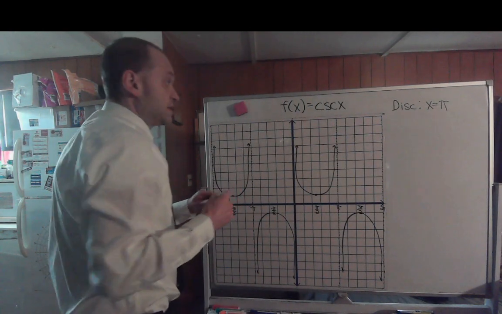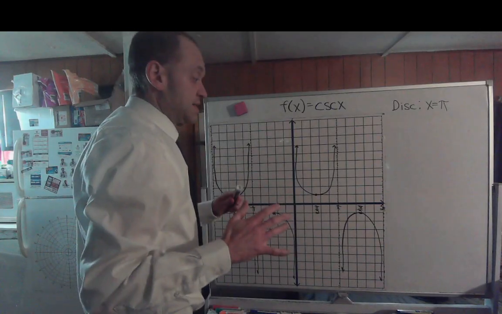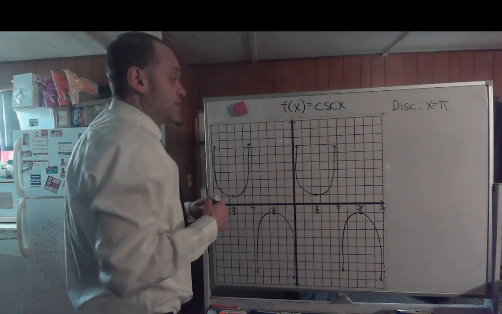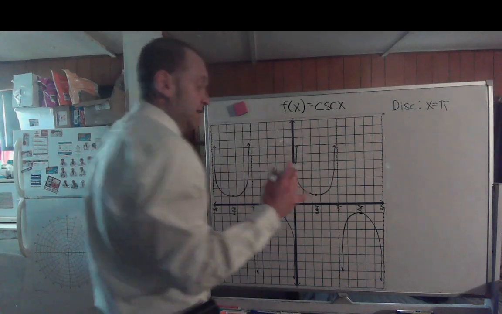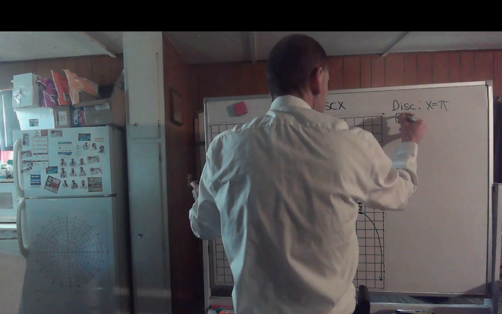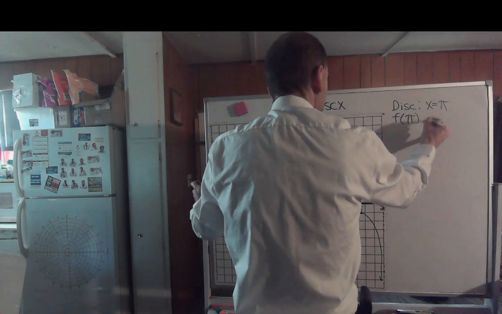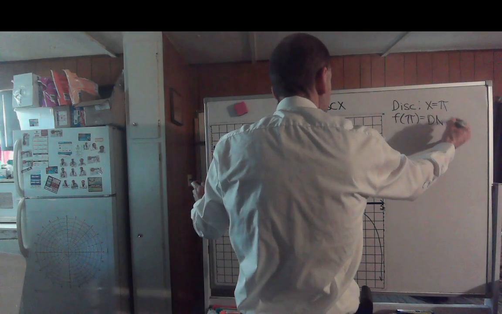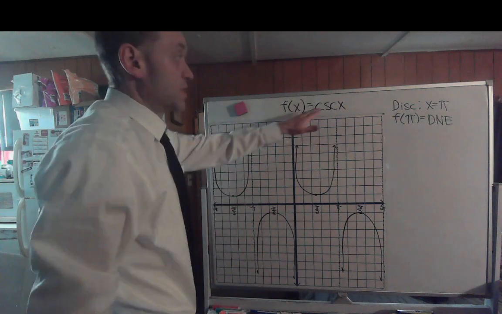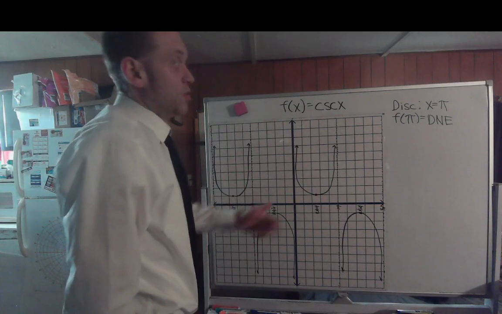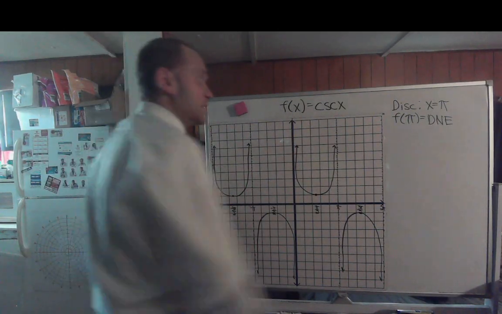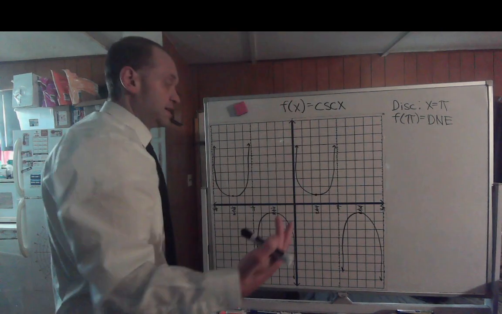Which means, in that case, if the discontinuity is at x equals pi, the infinite discontinuity exists there, that means that f of pi itself is undefined. It does not exist. And that makes sense because cosecant is the reciprocal function of sine. The sine of pi is 0, while 1 over 0 is undefined, so f of pi does not exist. Now,